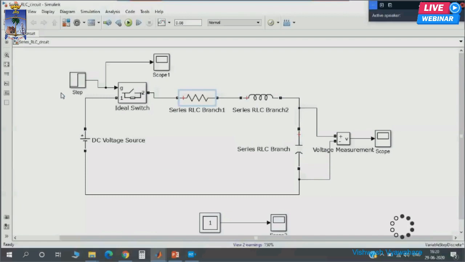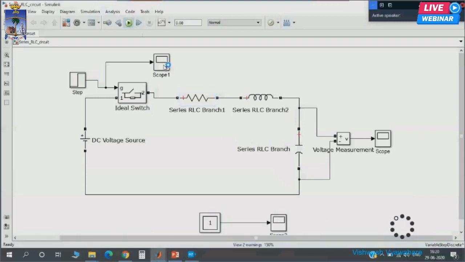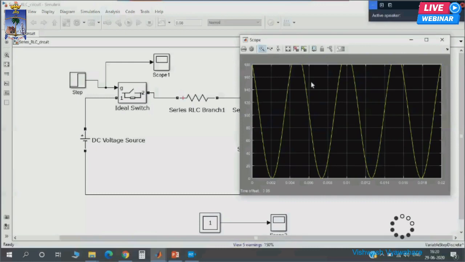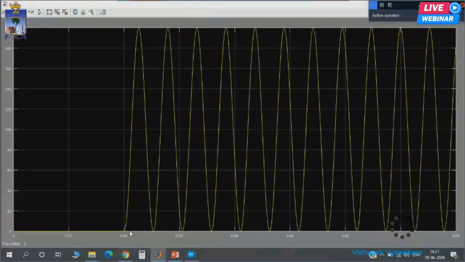Okay, right? It's an LC circuit, basically. So what is expected now? I'll just close those things. Okay, fine. Now let me run it. Okay. So what do you expect? Studied circuit theory or electrical networks? You will get sustained oscillations, isn't it? There will be oscillation. It has become an oscillator.